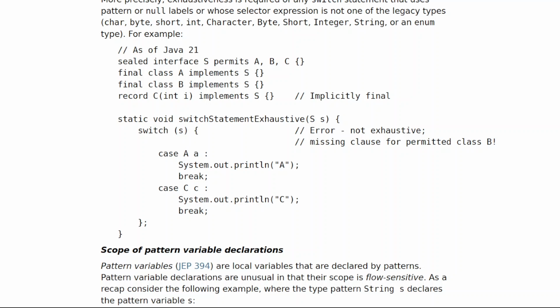For example, as of Java 21. Sealed interface S permits A, B, C. Final class A implements S. Final class B implements S. Record C(int i) implements S, implicitly final. Static void switchStatementExhaustive(S s) { switch (s) { // error, not exhaustive, missing clause for permitted class B. case A a: System.out.println("A"); break; case C c: System.out.println("C"); break;